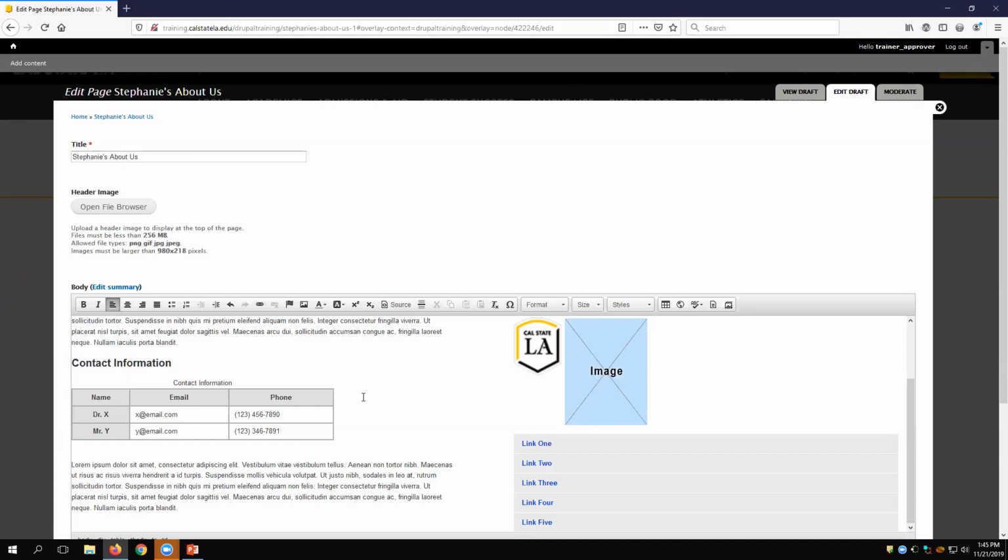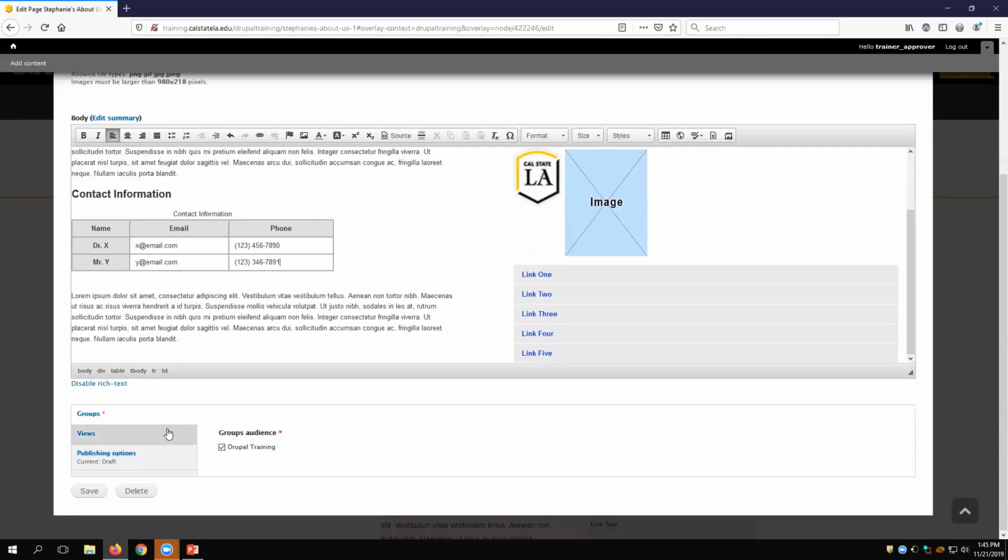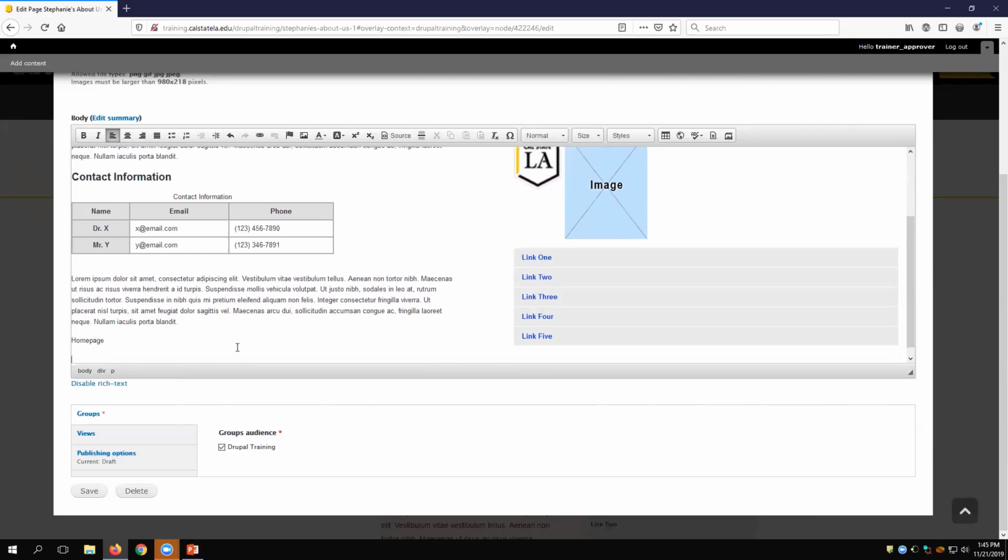So moving on, let's do some links. So at the very bottom, I'm going to do a new paragraph. I'm going to write home page. And in another paragraph, I'm going to write down contact information. Now we're going to pretend that this is a whole bunch of text between here and here. But for the home page, we're going to